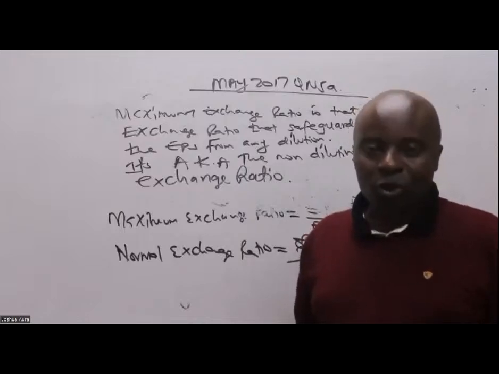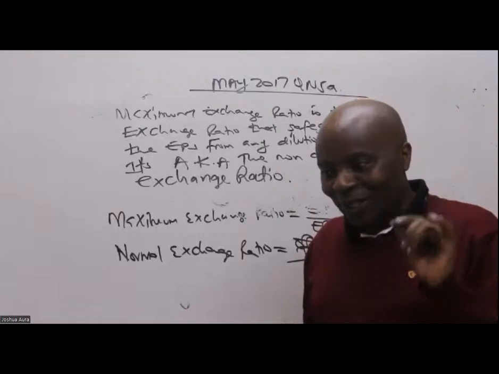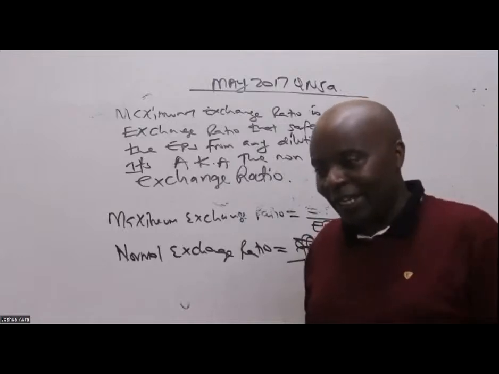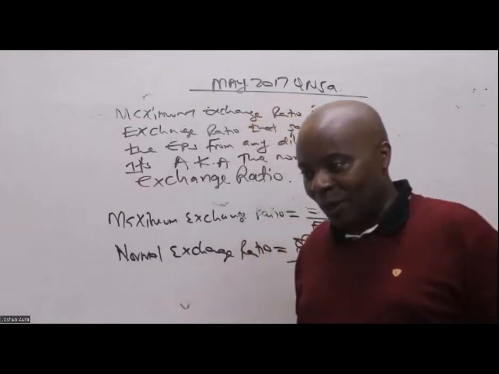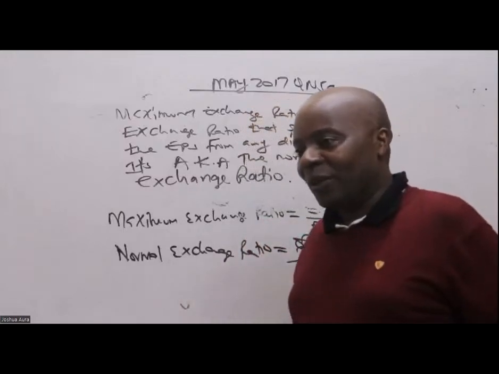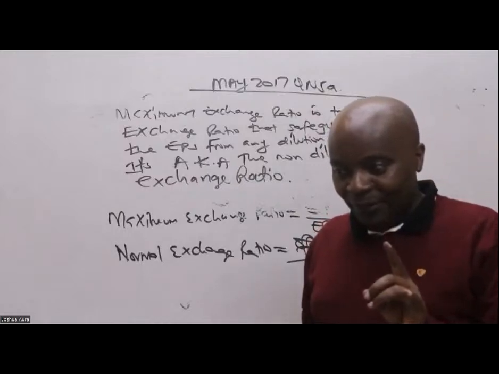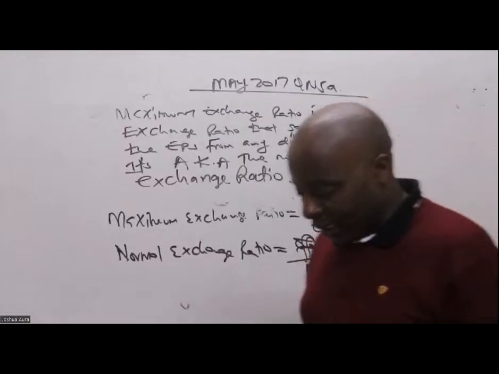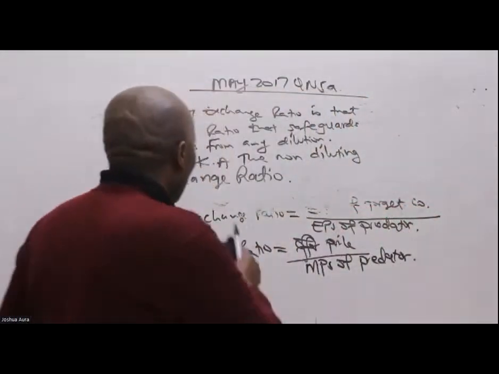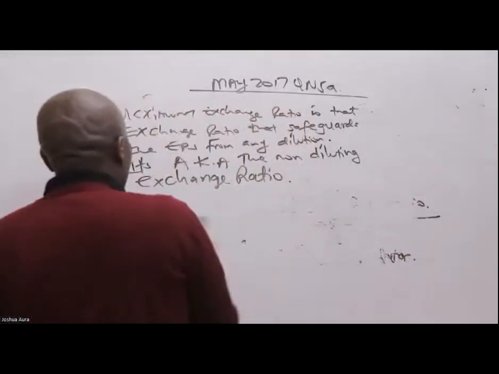Like this question, they have given me an offer price. Are you able to see in this question, we have an offer price of 20? There's a price which is offered there. So when there is an offer price, always calculate the normal exchange ratio. So we are saying in this case, a hint for our exam,